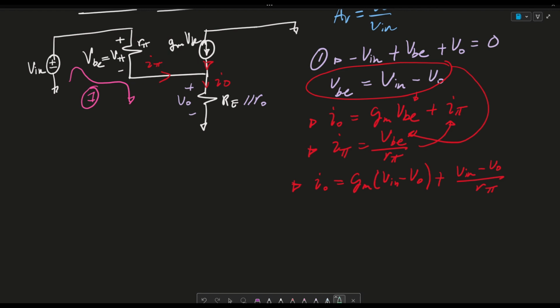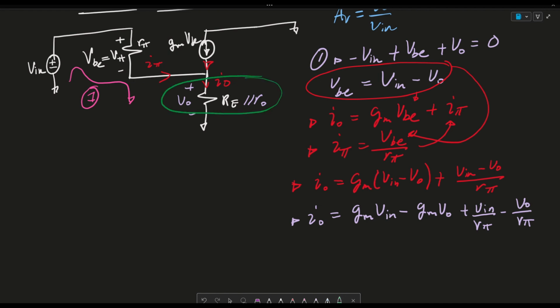Let's go ahead and distribute and just keep the terms singular. So IO is simply GM V in minus GM VO plus V in over R pi minus VO over R pi. And then the last thing we need to write is an Ohm's law equation based on this VO. We could say that VO is equal to RE in parallel with RO times IO. Let me go ahead and substitute IO in here. So VO is equal to,